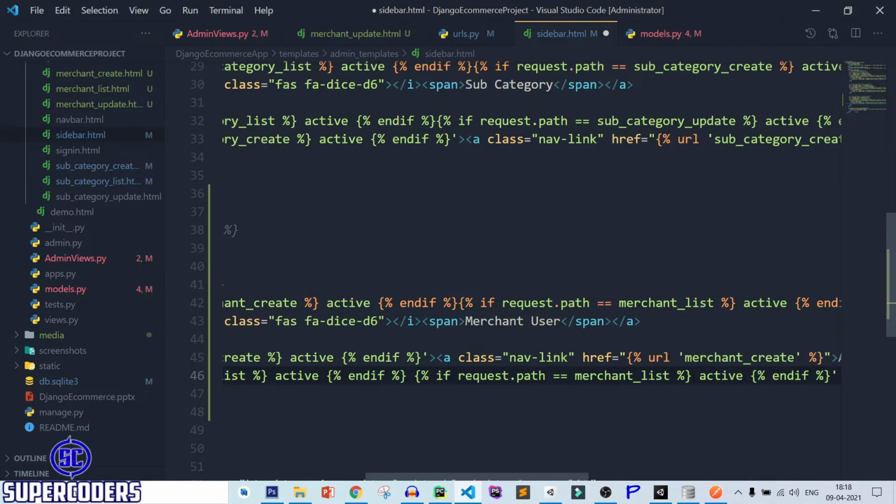Okay, here update. So in this way, it can show active and deactive sidebar.